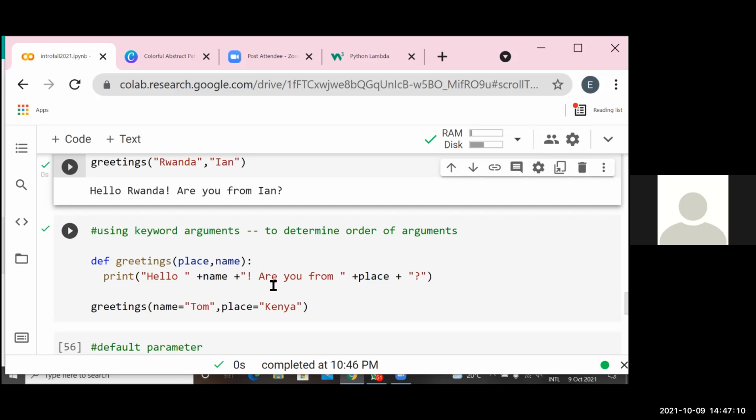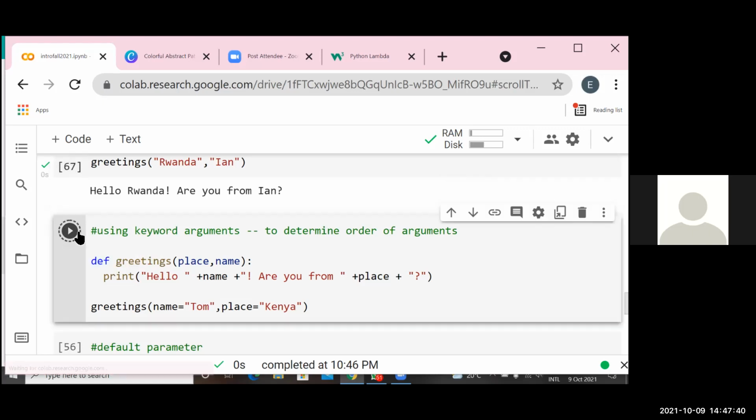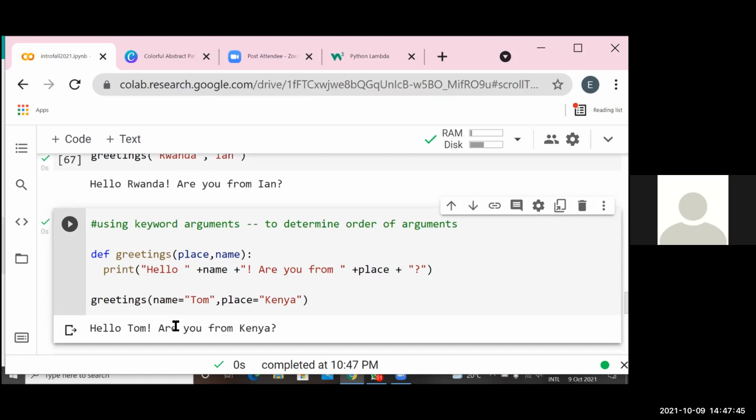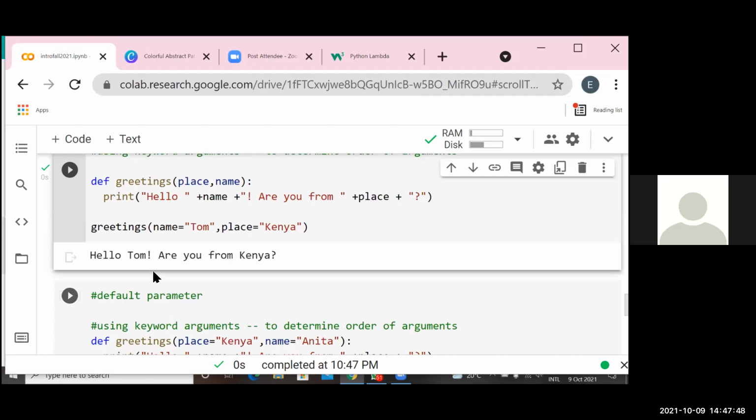So if you want to explicitly tell your function that Tom is name and place is Kenya, now you're using keywords. The keyword argument means that you give the name of the argument and give the value. So name is Tom and place is Kenya. If I run this, it doesn't matter the order in which you have entered, it will automatically place the value on the right parameter. So this is when we need to be using keyword arguments.